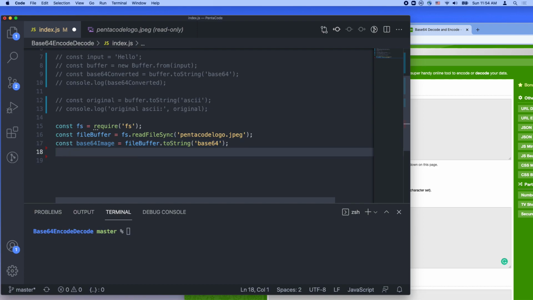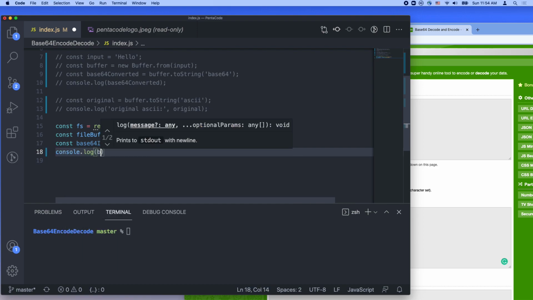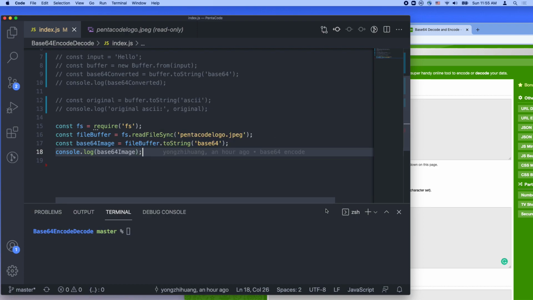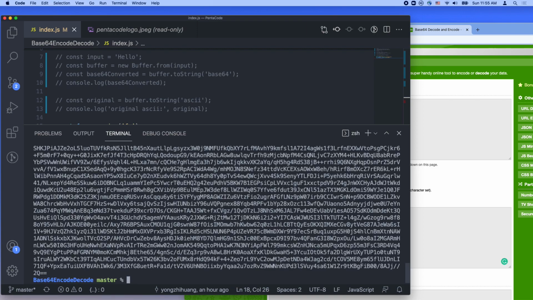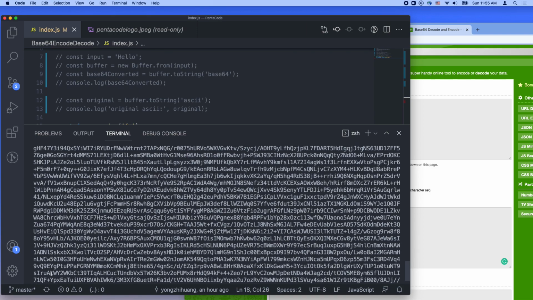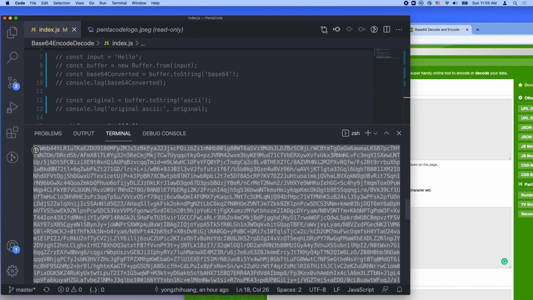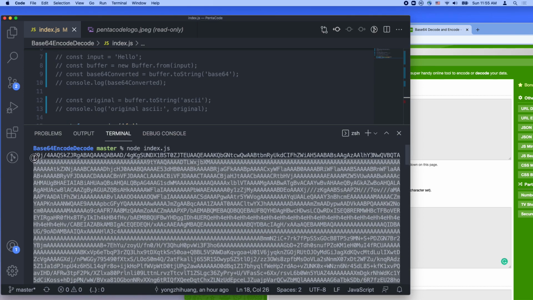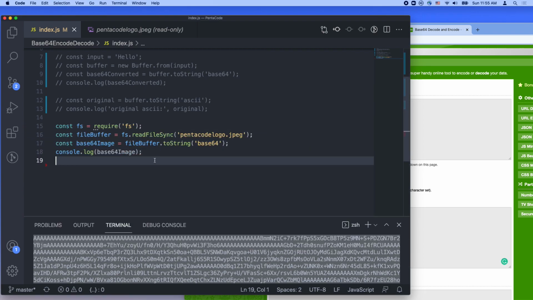Now this will convert this whole image into a base64 format. So if we log this out, you should see a giant string that's similar to what you see in an image tag on the web. There it is. Now this is how it's done. If you're ever curious about base64 encoding, this is how you encode an entire image into its base64 format, into a string. Now that's how it's done.